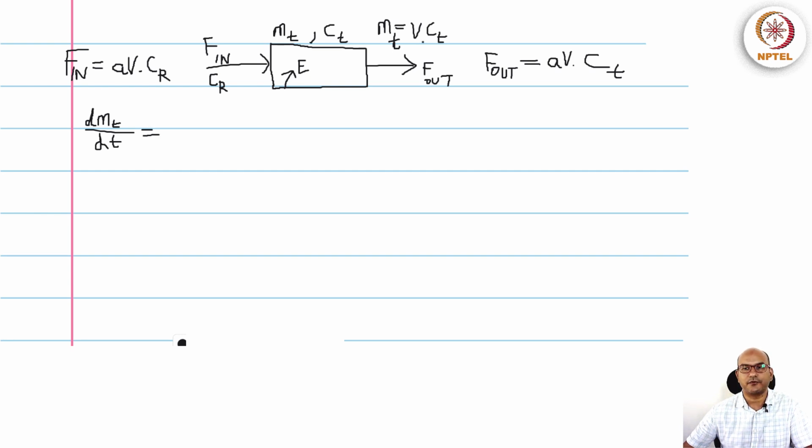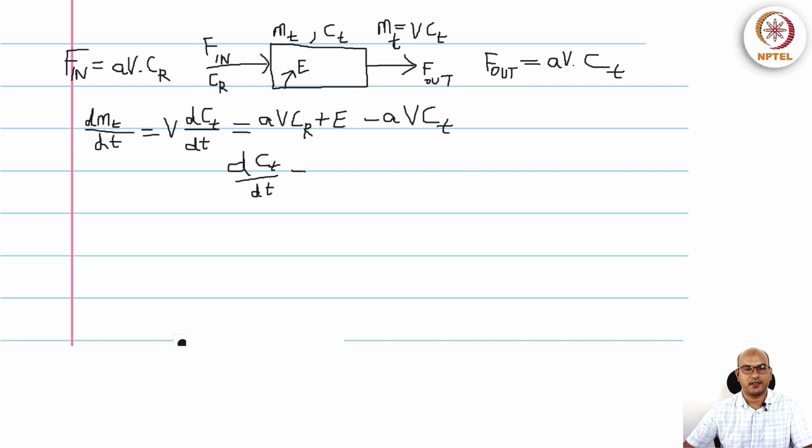This is equal to, if we look here, V dCt by dt. So that's the left hand side, and the incoming sources will be A V Cr plus E, and the outgoing sink is A times V times Ct. So I'm going to bring the V to this side, and we get dCt by dt is equal to (A V Cr plus E) by V minus